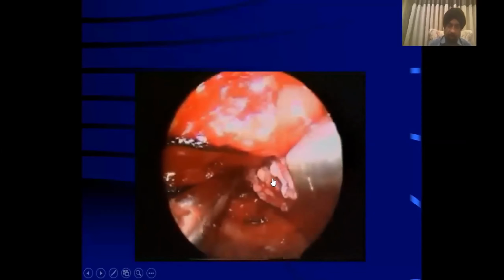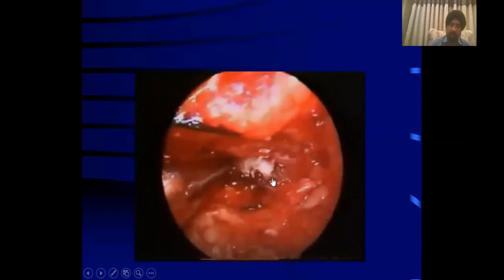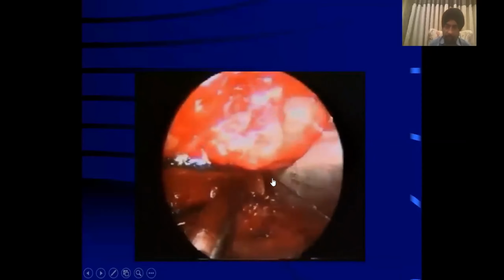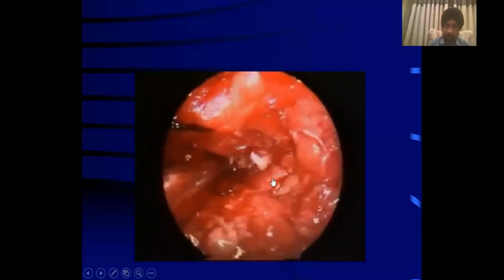And then you pass a Kerrison, this pituitary rongeur, to remove the herniated part of the disc. One can go into the disc space to remove the free pieces there.